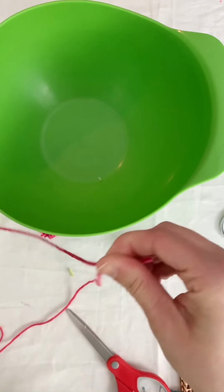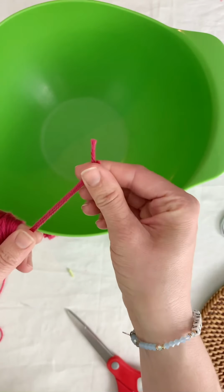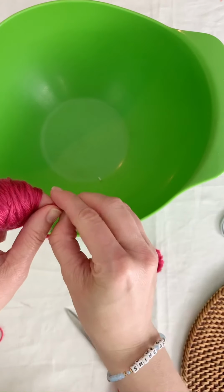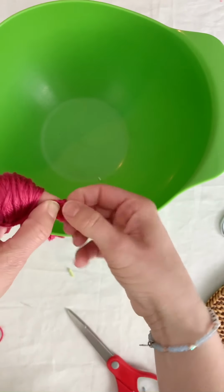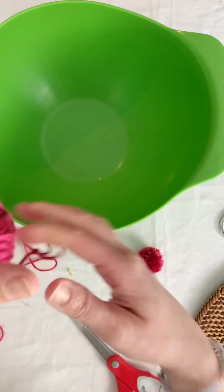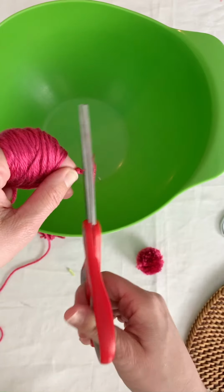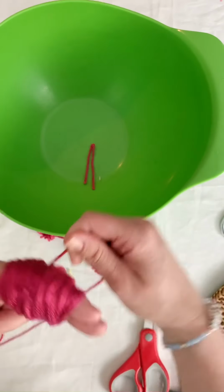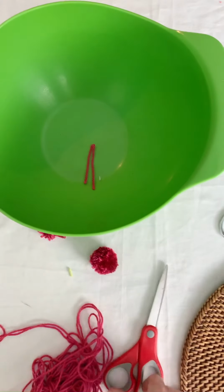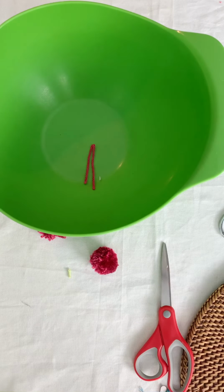and tie it. So I'm going to have to unwrap it a little bit and do an overhand knot. That's where you take the 2 ends, wrap it around your finger to create that loop. Take those 2 ends and thread it through the hole. Pull it nice and tight, make sure it's secure. All right. And trim off the tails. It's not going to hurt anything to make pom-poms to do that because most likely that little knot will be trimmed off later anyway. And then you would finish wrapping, cut it off,